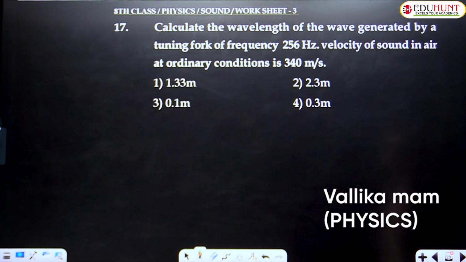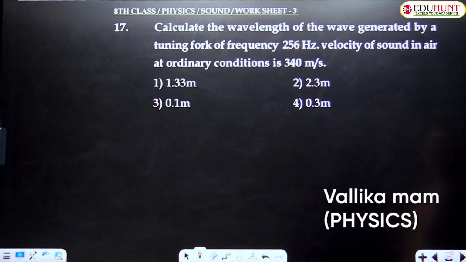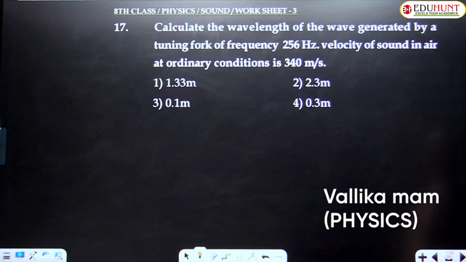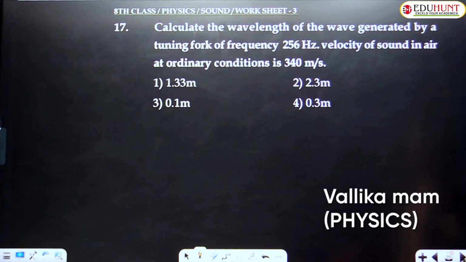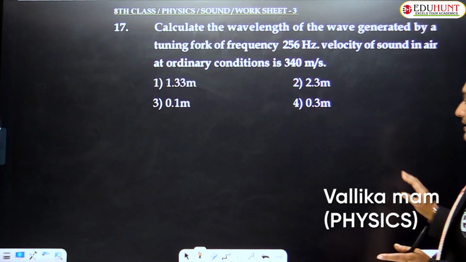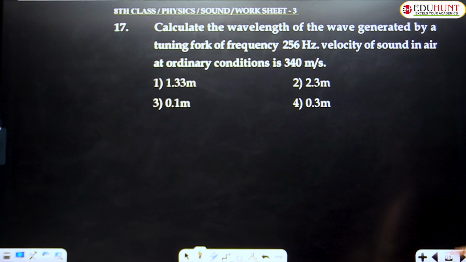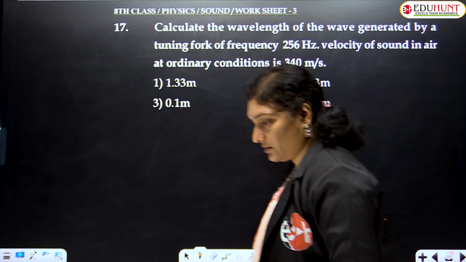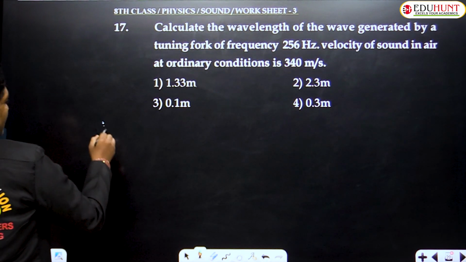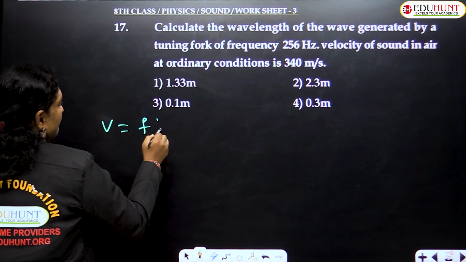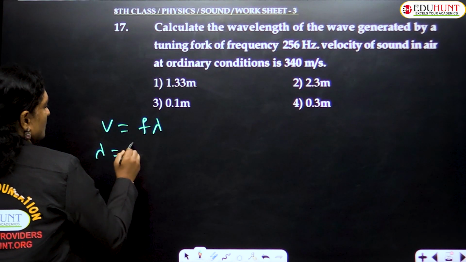The 17th question: calculate the wavelength of the wave generated by a tuning fork of frequency 256 Hz. Velocity of the sound in air at ordinary conditions is 340. So what is the given data? You are given the speed of sound as well as the frequency, and you are asked to find out the wavelength. The same old concept. So we know that velocity V is equal to F lambda, or lambda equals V